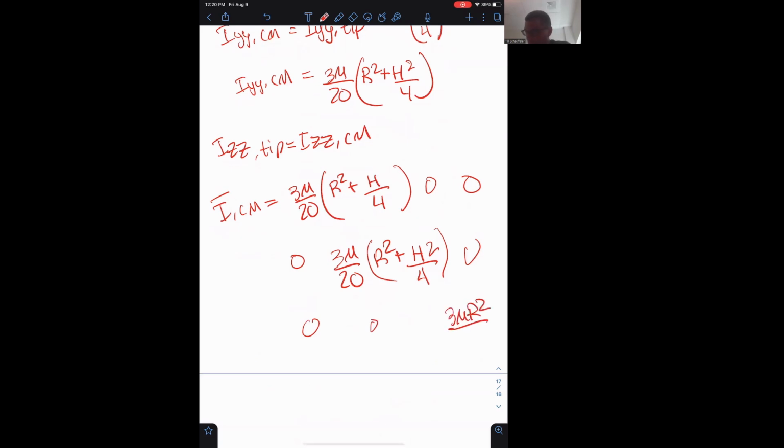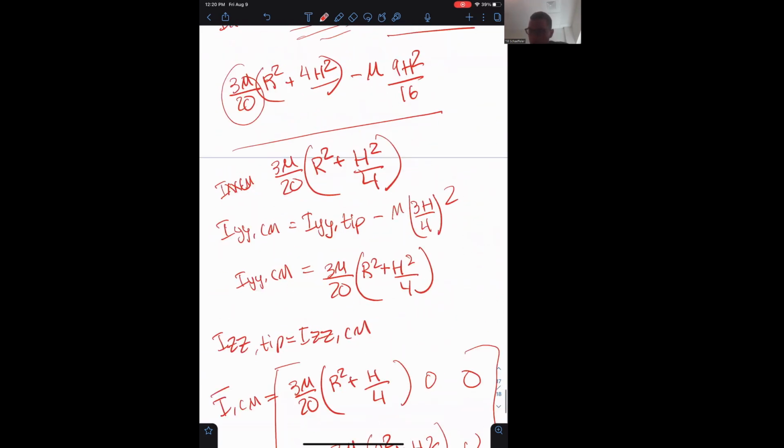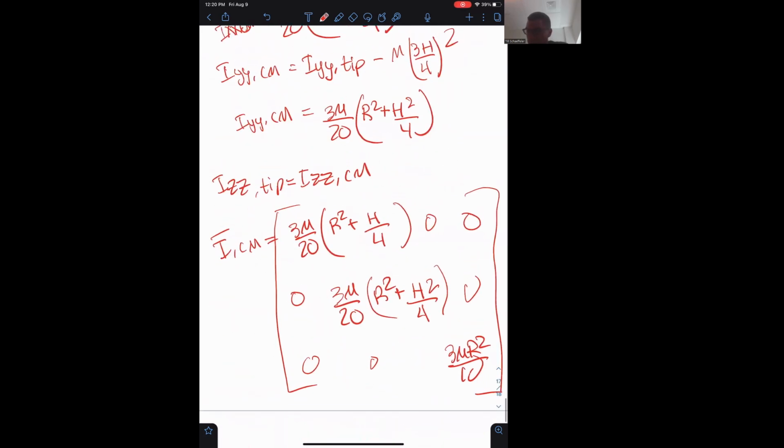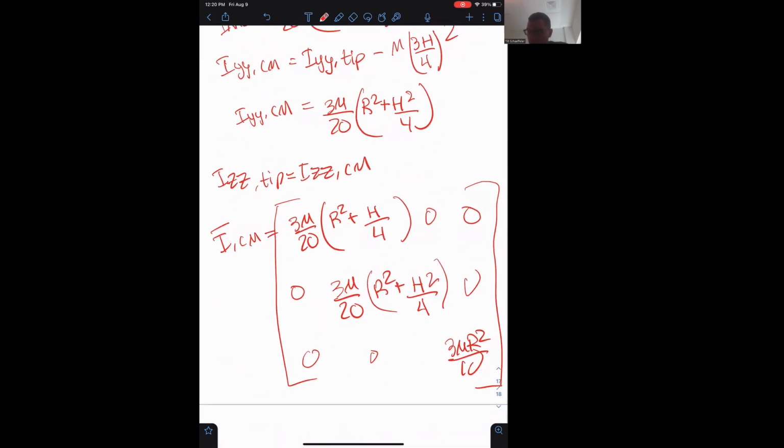This one is the same as before, and that's the final answer. So if we look at this, these are exactly the same as through the tip, except there was a 4 here before, and now it's dividing by 4. So which means that these two components